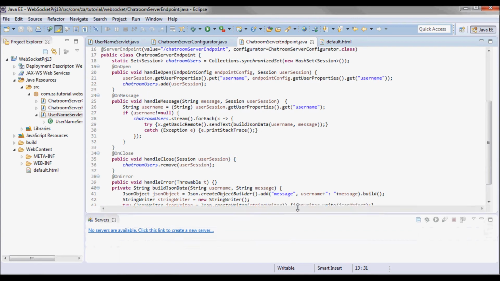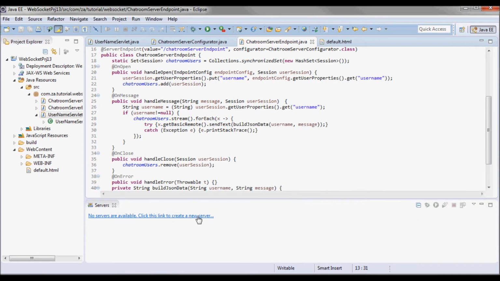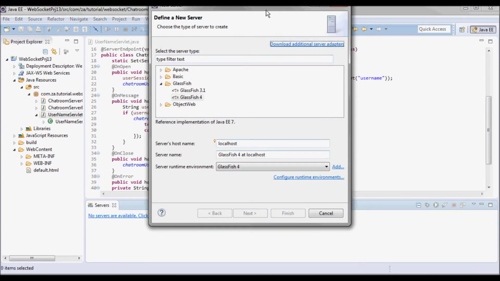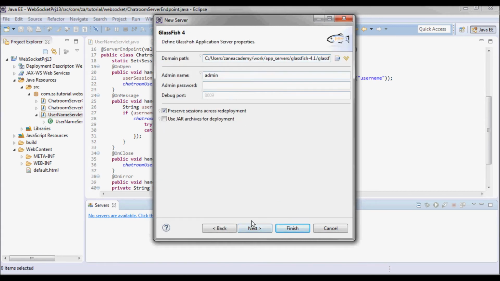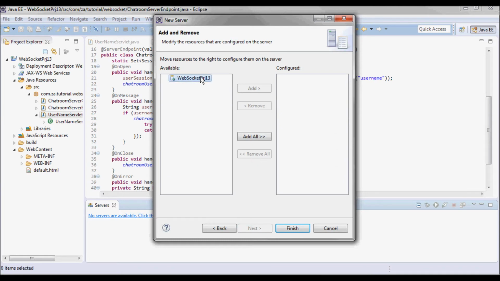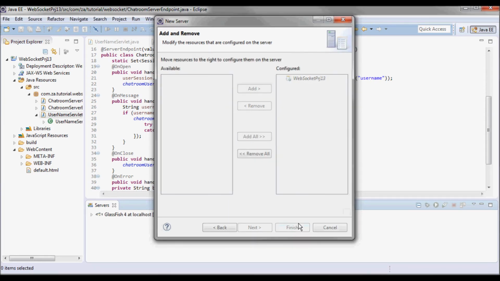Next, let me go ahead and test run this application. So I'll be running it on the Glassfish 4 application server.